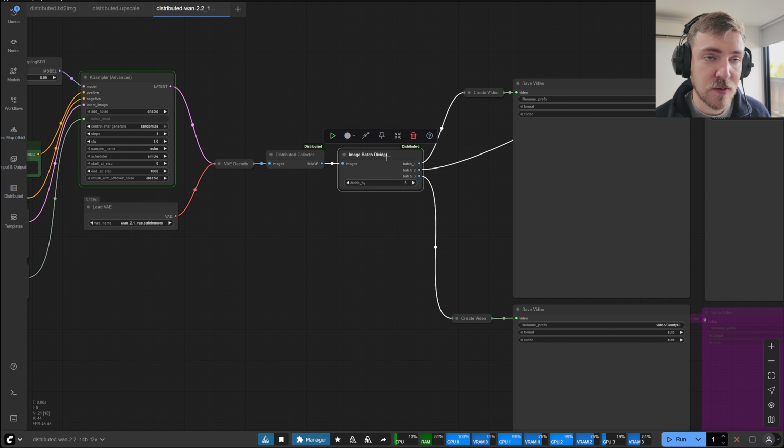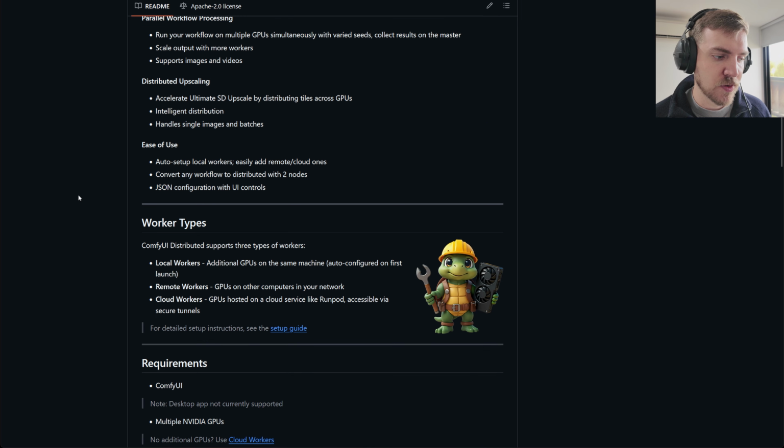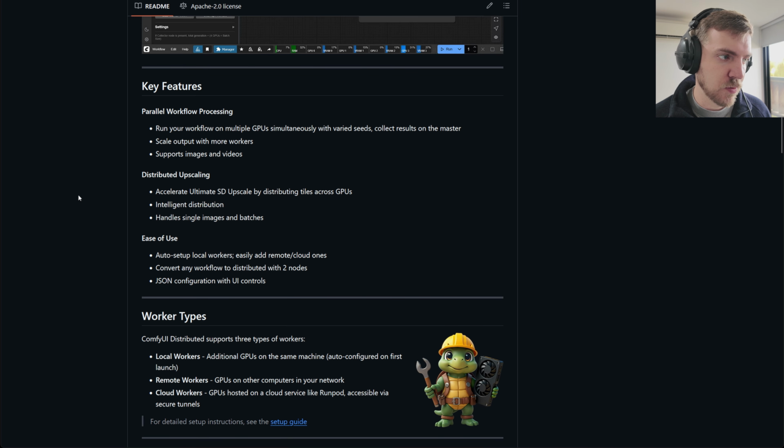Because if you don't add this, it's just going to create one video that's got 3 videos in it. Kind of like a montage, I guess, which is something that you might want actually. But if you want them to be 3 separate videos, then you should use the image batch divider node to split them into 3. While that's processing, let's have a look at the requirements for distributed, which I have here